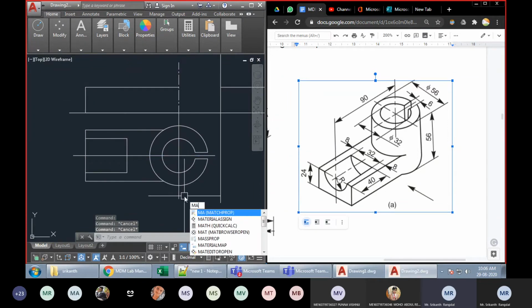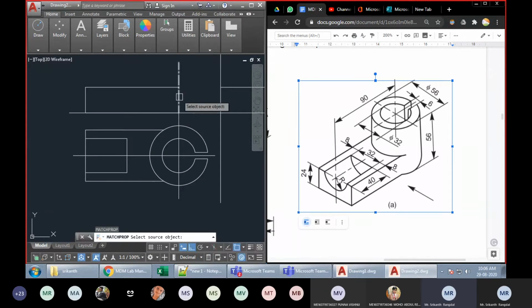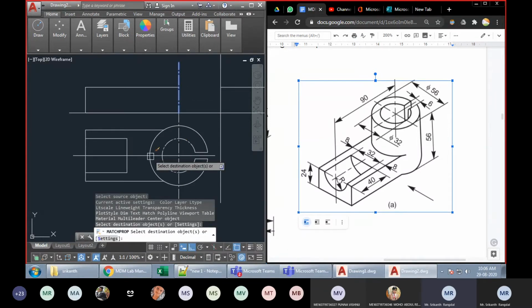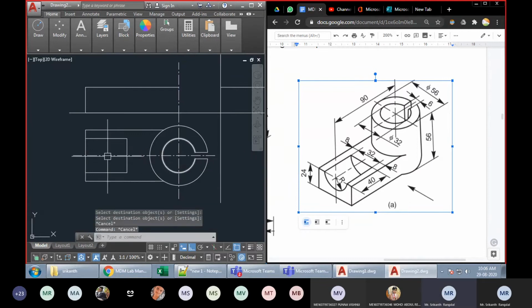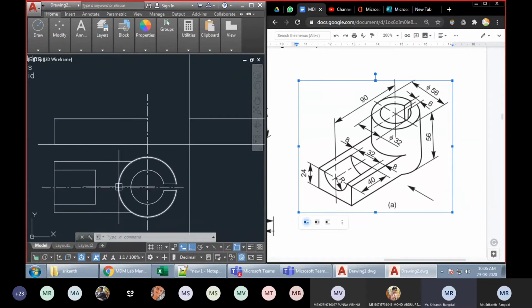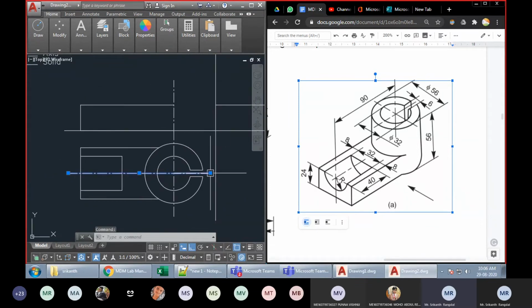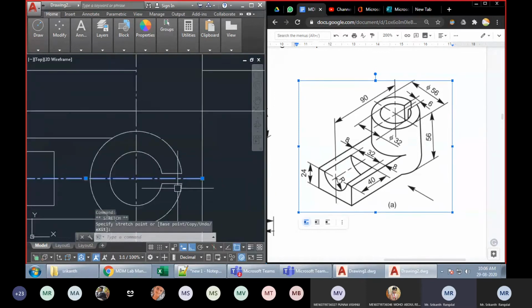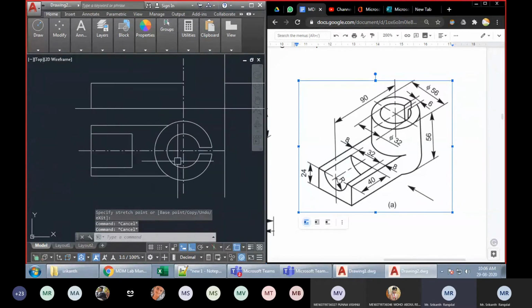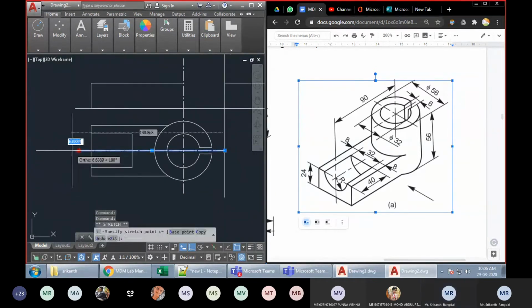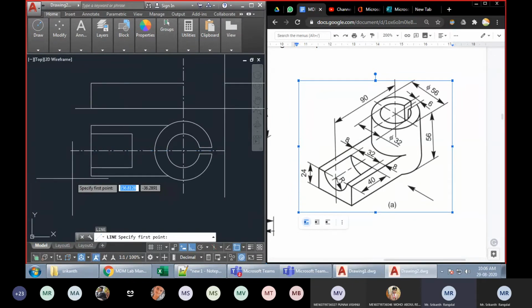So what I have to do, I use match properties, MA, and this is how I want these lines to appear. So I just have to copy their styles over to these 2 lines. Now you can see their view has changed. Now they are appearing like axis lines. Okay, so this particular line is my section line. You just have to mark the section line.